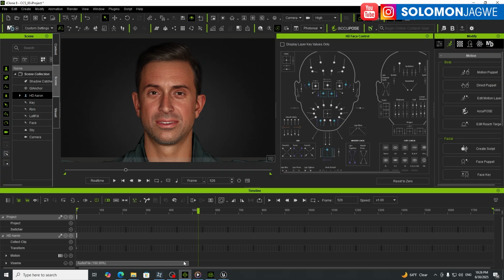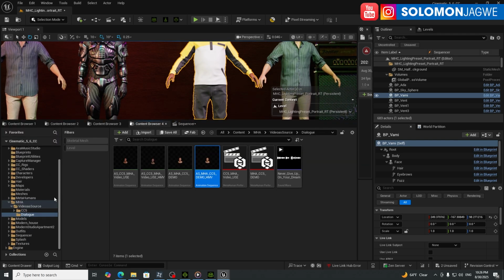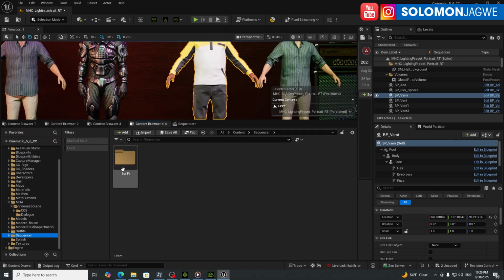And that facial animation is what we saw in the Unreal Engine over here that was on these characters. So if I go back to the sequencer over here and we open number 2